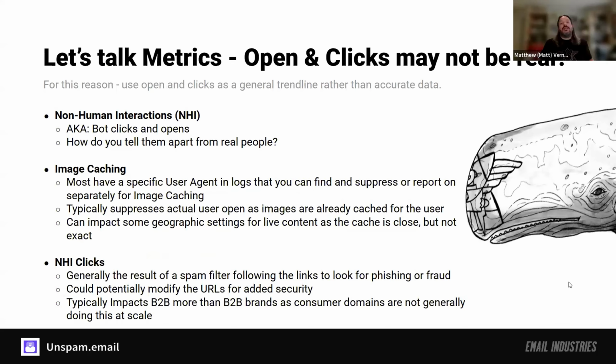So I know I've mentioned this a few times, but certainly I want to call it out just a little more, right? Non-human interactions, bot clicks, bot opens. These are causing a large number of people concern when it comes to, are my metrics valid, right? Inflated open rates are caused because services such as Apple MPP, Google Image Bot, Yahoo Image Bot, they're going to take those images and cache them. They're going to display them locally. And why are they doing this? For the same reason that we say keep your images small. They want them to render quickly for their consumers. They're trying to help the consumer experience.